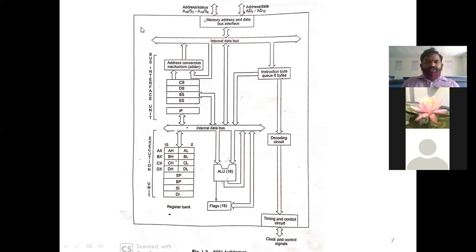And the 8086 is able to run with a clock frequency from 5 megahertz to 10 megahertz, right? So up to 10 megahertz we can use the clock frequency. In between 5 megahertz and 10 megahertz, depending upon your requirement, you can change the clock frequency range. Minimum 5 megahertz and maximum 10 megahertz. That is one more feature.